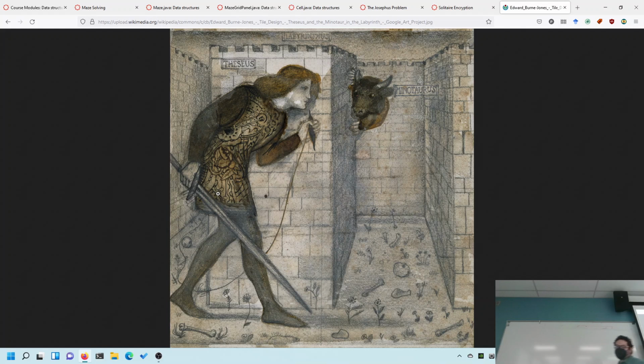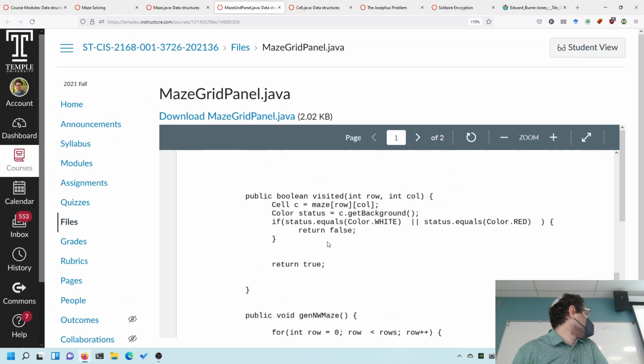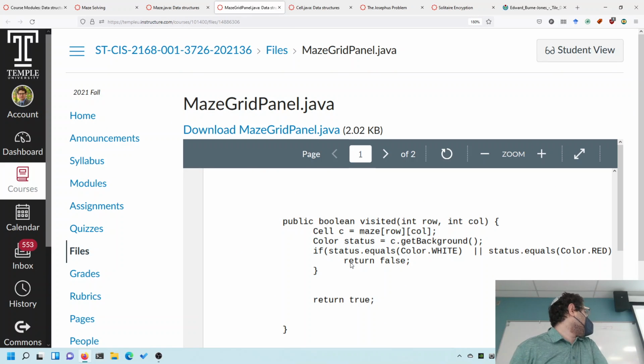So we can accomplish this in our program by using just color. In our code, I created this very useful function for you, visited, which returns true or false. Basically it says whether the square you're on has a color.